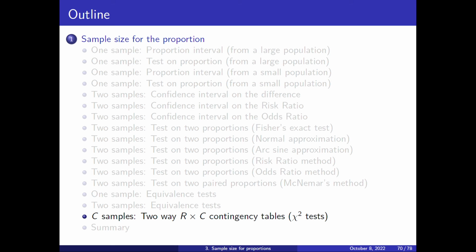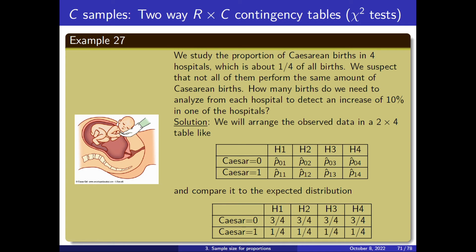Okay, our last case that we will analyze is the analysis of contingency tables. So let's see what this is. Let's say that you are studying 4 hospitals, and you know that in general the proportion of cesarean births is about a fourth of all births. So 25% should be cesareans, and the other